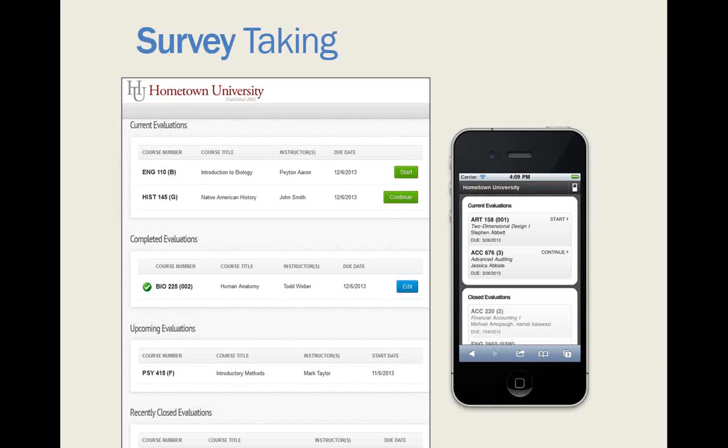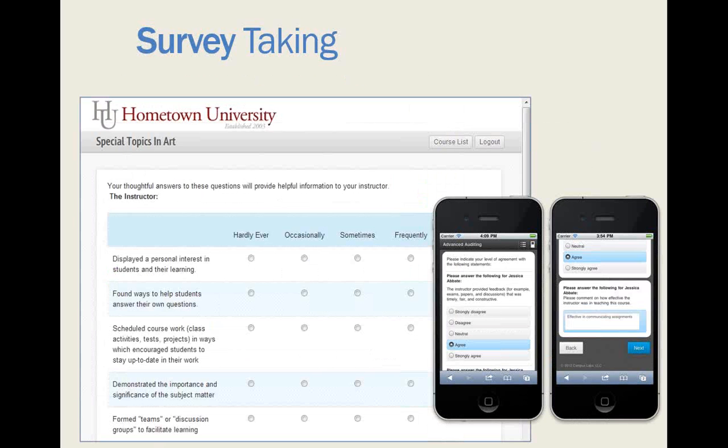If the student accesses their surveys on their mobile device, they get all the same features that they would get if they were accessing this on a PC or a Mac. They'll then click on which course that they'd like to evaluate and answer all of the IDEA questions. They would see each instructor's name shown to them if the question was about a person specifically. And then for any additional questions that you may have added on to each course section, those will appear at the end of the evaluation after the diagnostic questions or the short form questions,